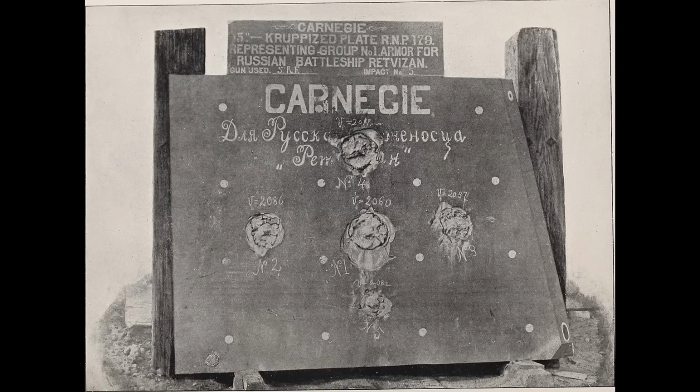Some things, when it comes to how metallurgy works, especially when it comes to the interaction of shells with armor plate, is really assisted by really high-speed photography and computer simulations, neither of which, of course, were available in World War II. You had to basically fire something at a plate like this and then examine the results and try and work out what happened,